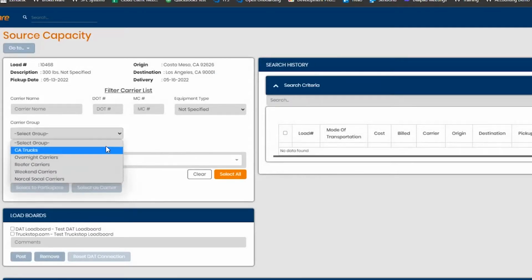So a carrier group is a group of carriers that you've created based on lanes or whatever criteria you have for a certain group of carriers that you create in the system. For example, here I created a group called California trucks, or overnight carriers, reefer carriers, however you want to create your groups. It's a great way to keep a short list of carriers. So that way when you're sending a rate request quote like this, you can select a specific group of carriers where you want to send this rate request to